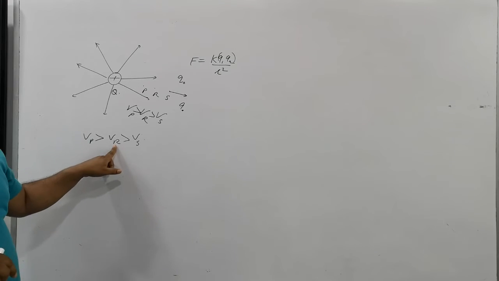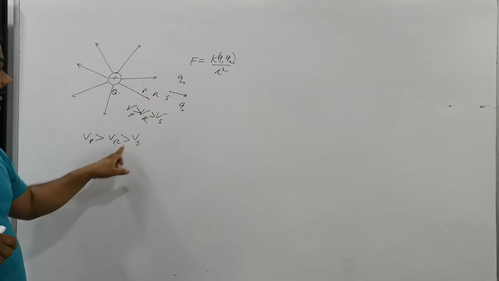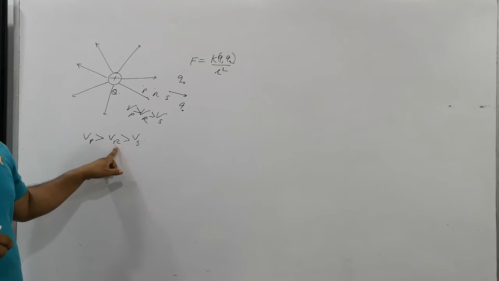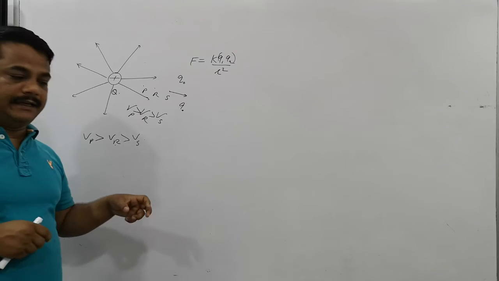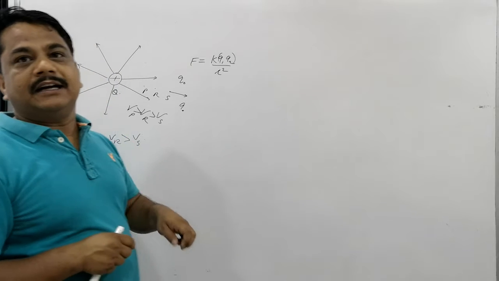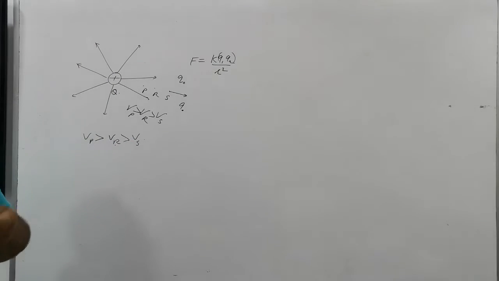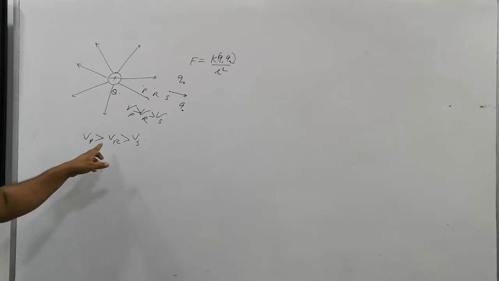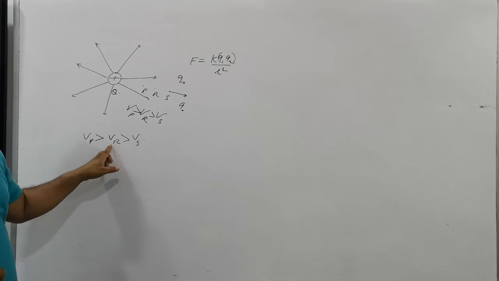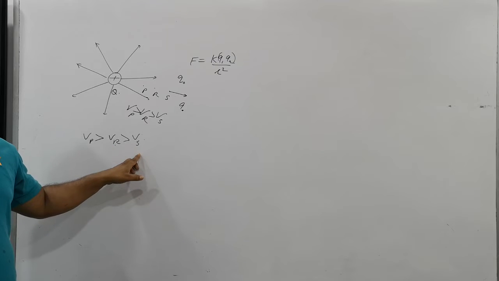If the charge is at R here, and you do not push or give any force, what will happen to the charge at R? It will automatically move to the S point. Is that clear? It means if a charge is placed at a high potential, it will automatically go to low potential. Each charge wants to move from high potential to low potential. Is that clear?